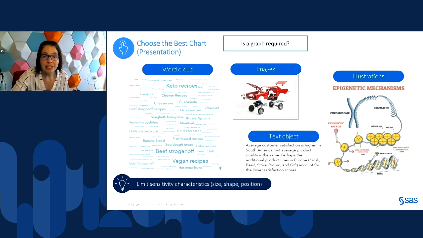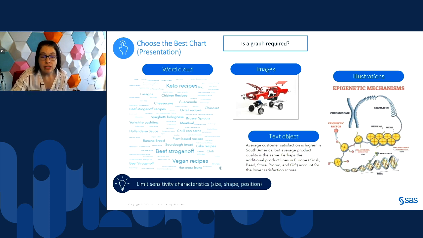You can also use images to show diagrams. You can build illustrations, and you can create specific objects like this with the data-driven content. In addition, you might want to use a text object just to describe what's going on. So it's not always necessary to use graphs in your report to convey the message that you want.